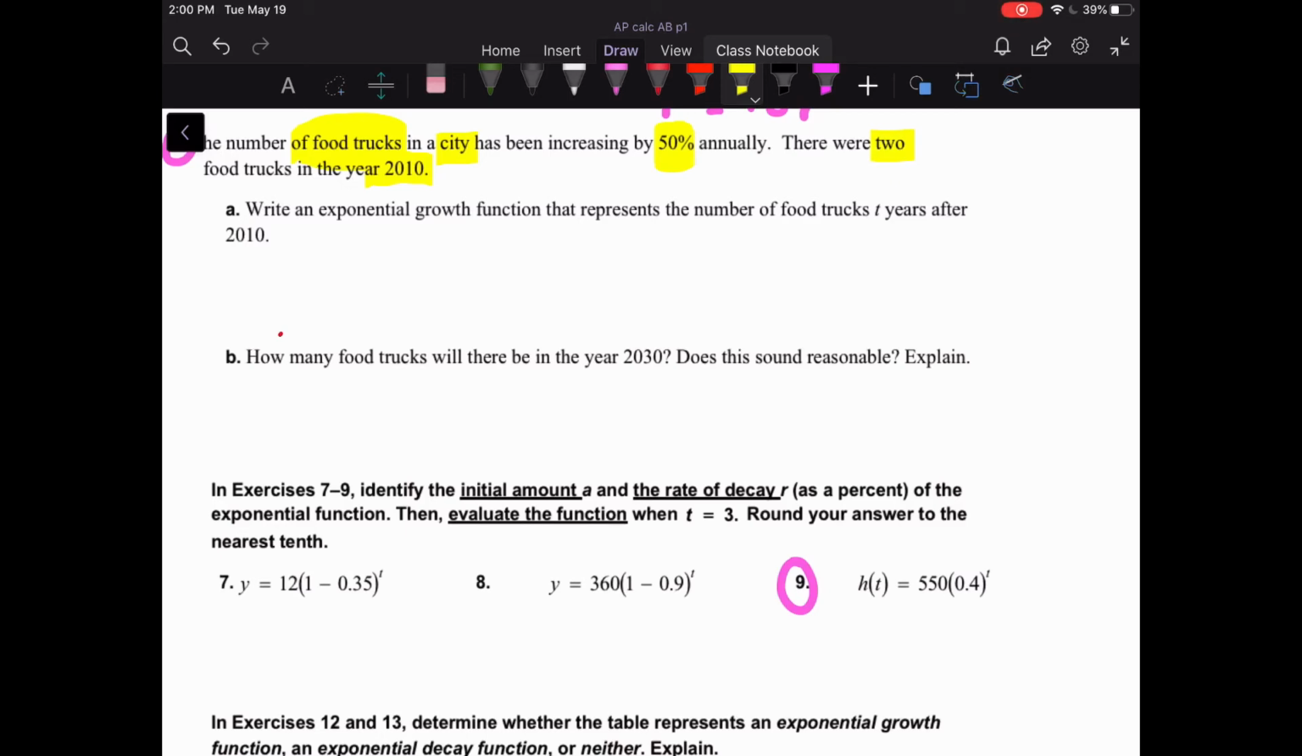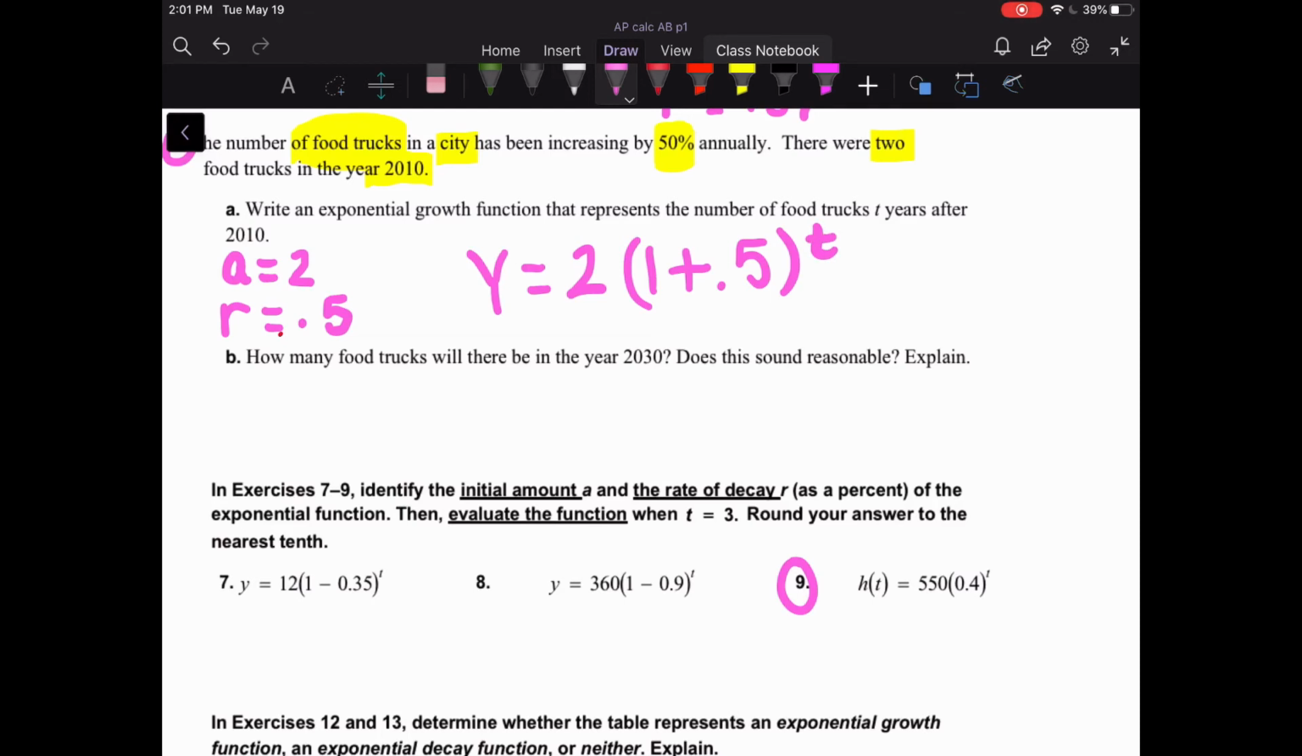Write an exponential growth function, just like we did, that represents the number of food trucks t years after 2010. So 2010 isn't the starting amount, but it's telling us that's the starting year. So let's ask yourself, how many trucks did we have in that starting year? Our initial amount A, in this case, will equal the 2 trucks we start with. The rate of increase is 50%, and as a decimal, that's 0.5. So the function will be y is equal to the initial amount 2 times 1 plus 0.5, because it's increasing, to the power of t years